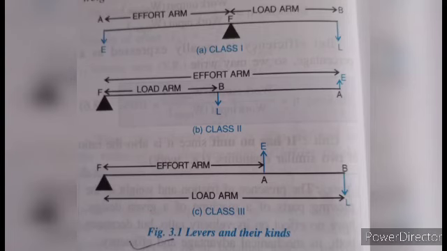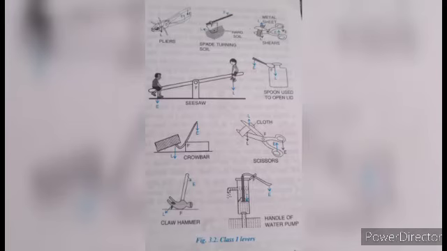Now kinds of lever. I told you we have 3 types of lever: class 1 lever, class 2 lever, and class 3 lever. What is class 1 lever? In the class 1 lever, the fulcrum lies in the middle of the load and effort. Examples are seesaw, scissors, crowbar, handle of water pump. When the effort arm is longer than the load arm, the mechanical advantage and the velocity ratio of class 1 lever are greater than 1. Such a lever serves as a force multiplier. That is, it enables us to overcome a large resistive force by a small effort.